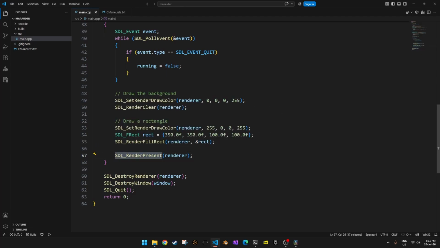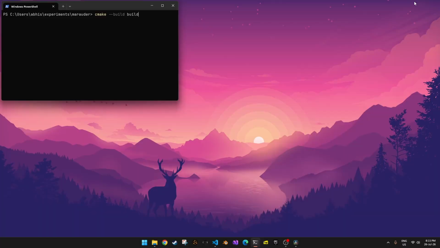And then the last one is SDL_RenderPresent. This is the important one. SDL isn't drawing straight to the visible window. It draws into an off-screen buffer first. RenderPresent is what flips that finished buffer onto the screen. This is called double buffering, and it's the reason the drawing does not flicker on the window. So let's build it,